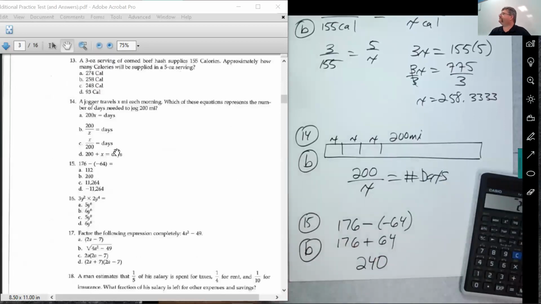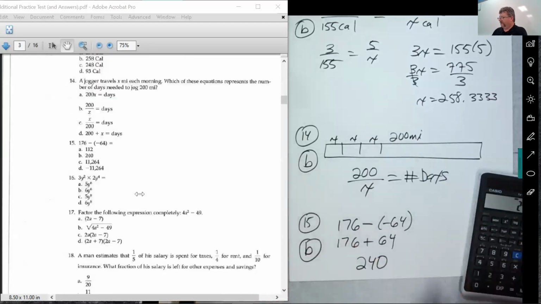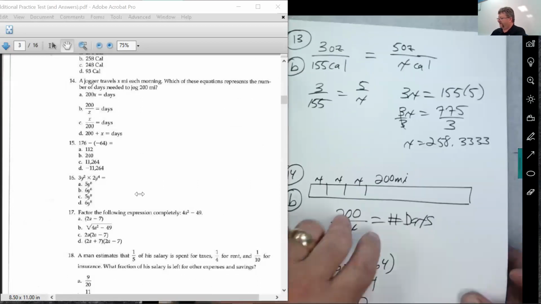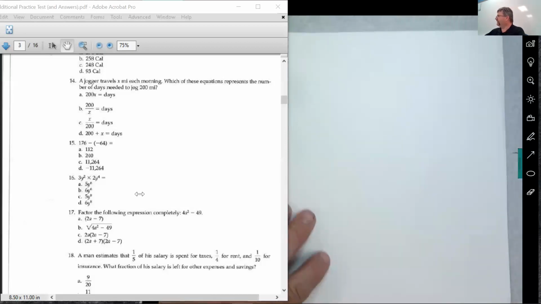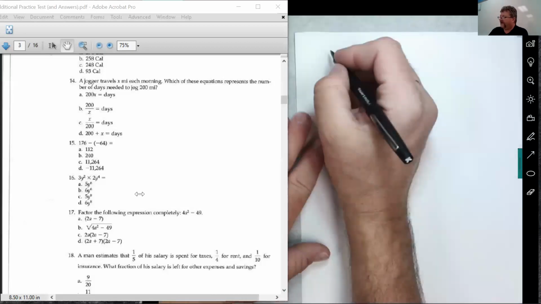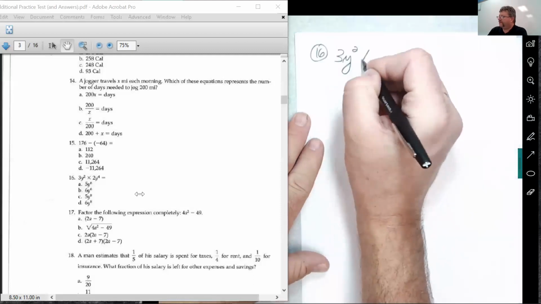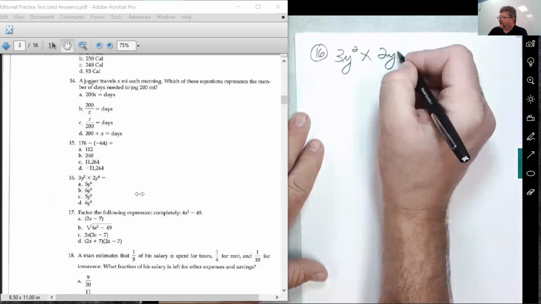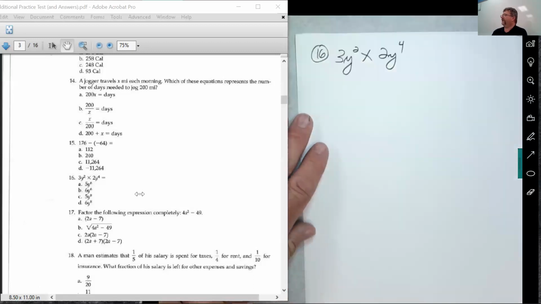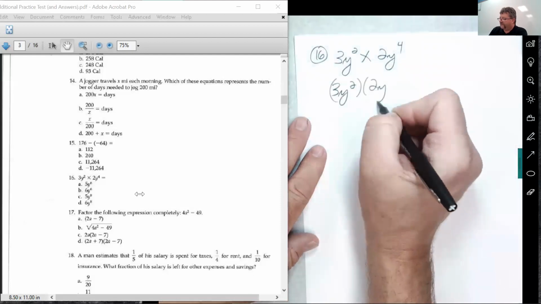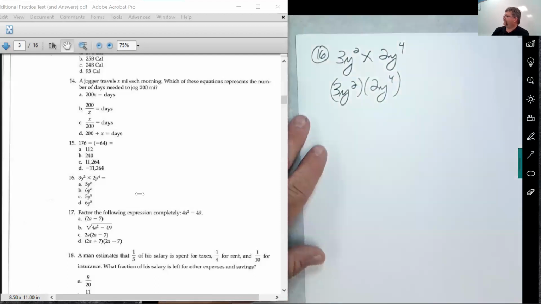Okay, 16, we're multiplying what we would call two monomials in algebra. In algebra, we really don't use that classic times sign because we don't want to confuse it with the letter X, but looks like you might be forced to see it and not call it an X. That's a times sign, okay? It's not an X, it's a times sign. 3y, I would write it in class, maybe something like this, in parentheses or some other way, okay?